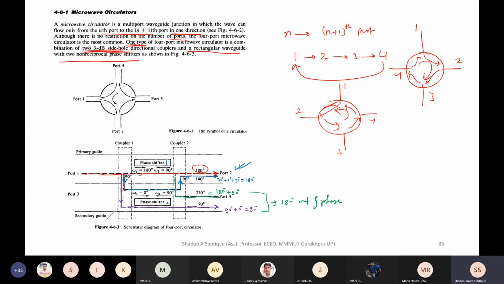So we talk about a non-reciprocal phase shifter which is used, and because of the phase shifter we are just cancelling this wave. So the wave will be cancelled and that will become 180 degree out of phase. So 180 degree out of phase means there is no wave at all. With the same magnitude and different phase, they will cancel each other. Okay, so I hope you understand. So when you apply input from port 1, you are getting output only at port 2.